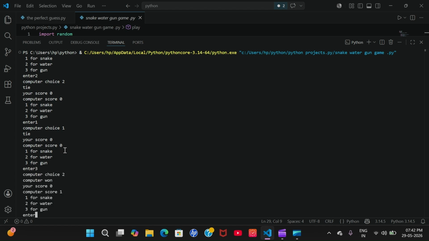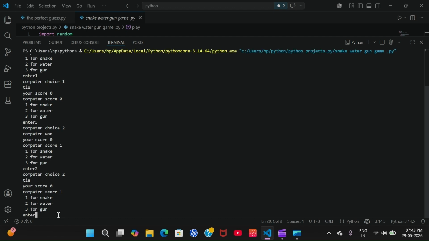I'm entering 3. Computer score is 1 now. I'm entering 2, 3, 1, 2, 3. So we both have the score 2.